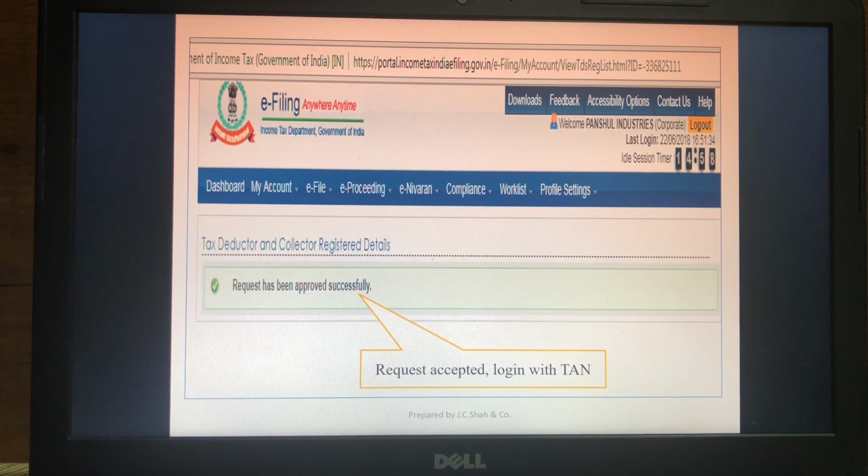Sometimes there might be a possibility that while redirecting from the Income Tax Portal to the TRACES website, there might be a technical error and you are not redirected. So you need to try again. Everyone in the starting faces a problem, thinking it is a very difficult part and that they do not know how to do the registration, but you need to try.